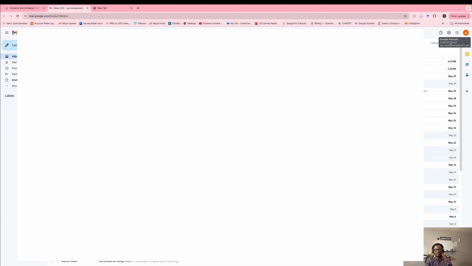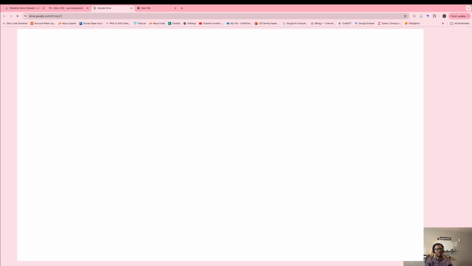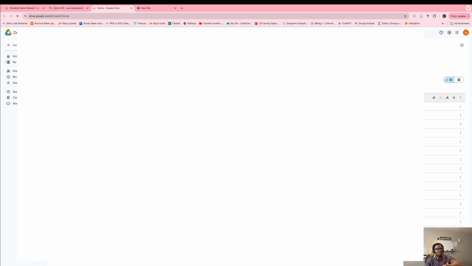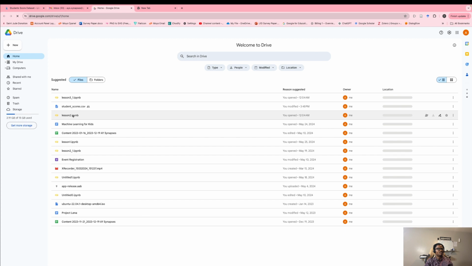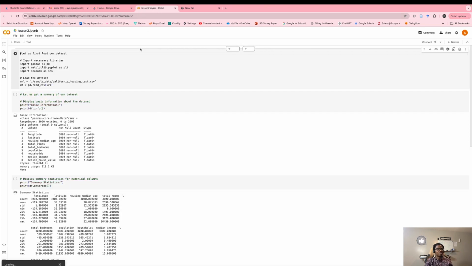Make sure it is the same email. In that email, you click on all of these dots, then you go to your Google Drive, because our code is being saved to Google Drive. Then you can open the last one that we did, which is lesson 2, or even lesson 1, any one that you want to open.